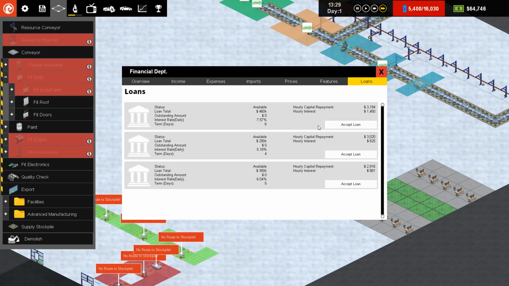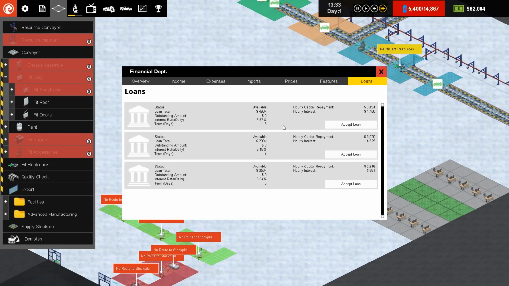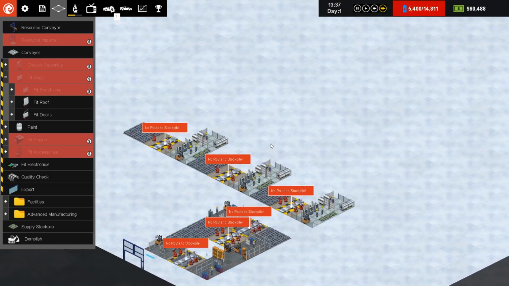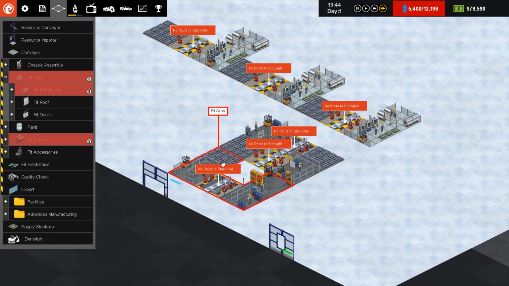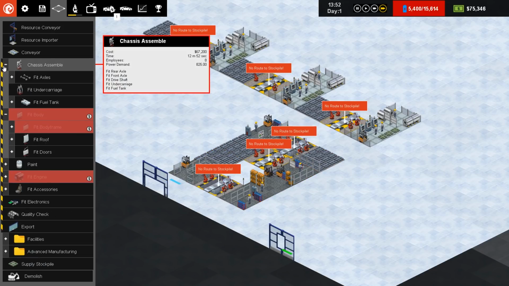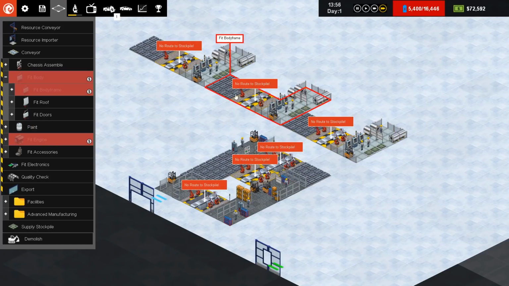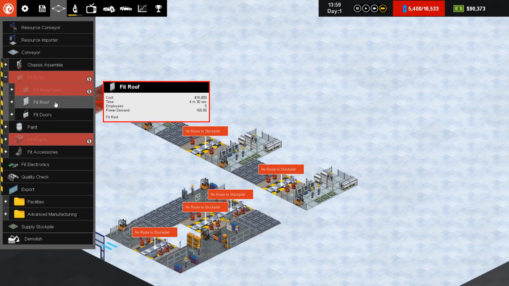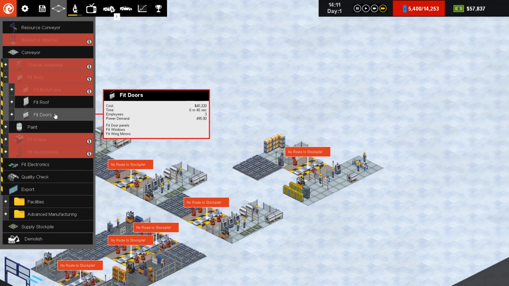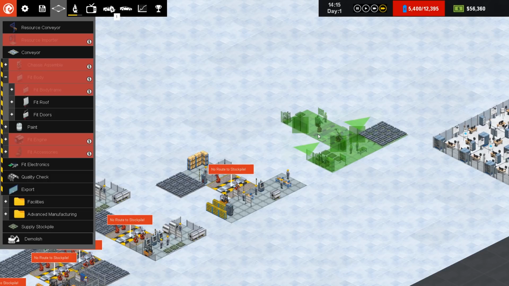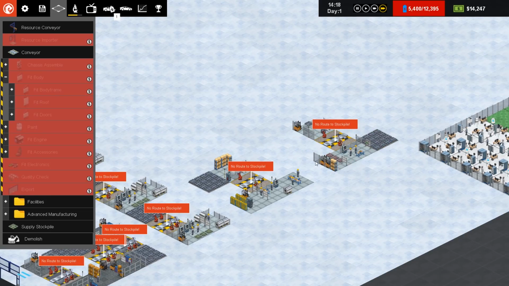In terms of loans, they're all crappy. No. I need that million loan to come along. Anyway, so this is, so far, axles, undercarriage, fuel tank. Yep. Body frame, 3 of. Then the roof, which is 4 minutes, so that's a very simple one of just going in there. Then the doors is 6, but when you think we're gonna have the